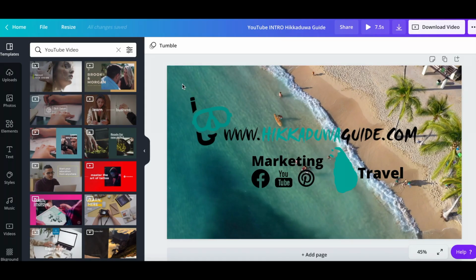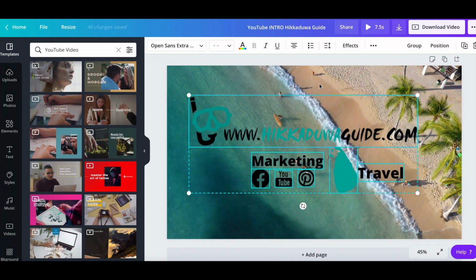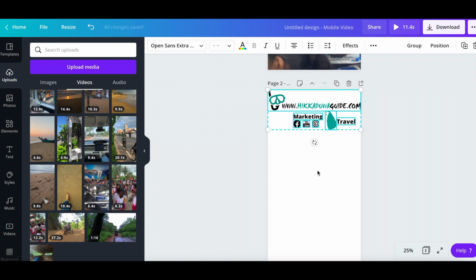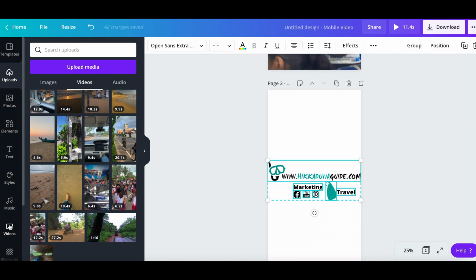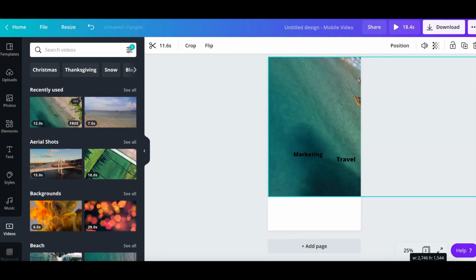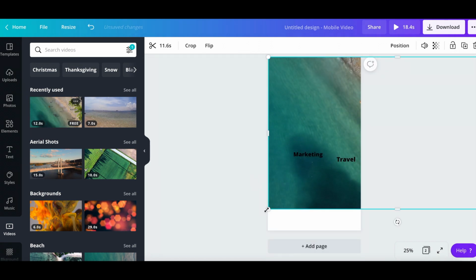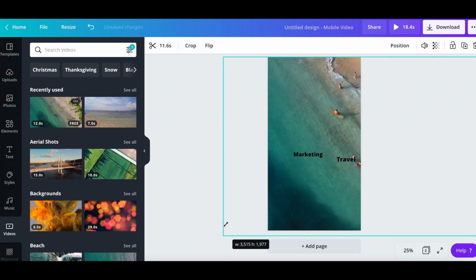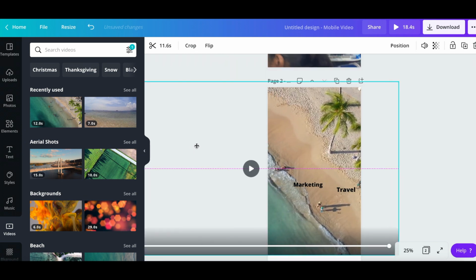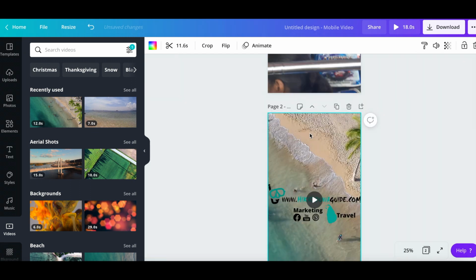But for this video, I just want to simply select it and copy it and go back to this design and Command V, paste it in there. And I want to use that same video background that I used there also. It will only be a part of it, of course, because the size is different. Nicest part, I like this with the palm trees. And you select that page.